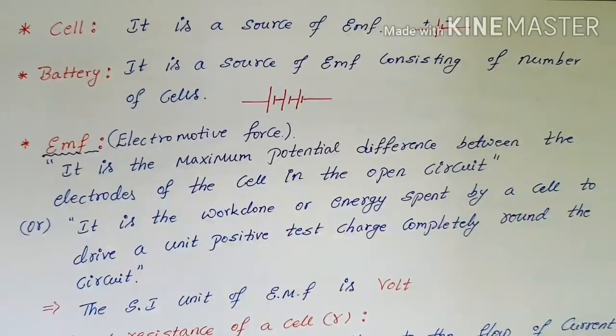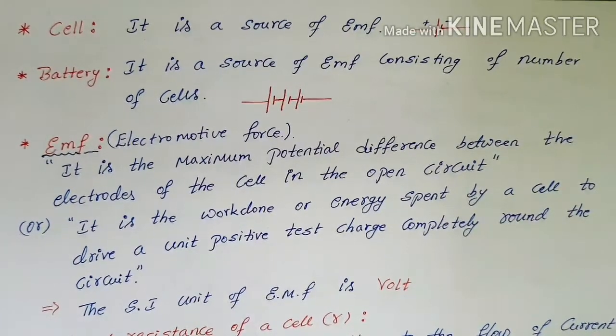In this session you are going to learn about the cells and the cells combination, and how the cells draw the current and the current related expressions. What is the meaning of equivalent EMF and equivalent internal resistance, and we are learning about the Wheatstone's network and Kirchhoff's rules. And we will learn about the meter bridge and potentiometers. So these are the parts we are going to discuss in today's session.